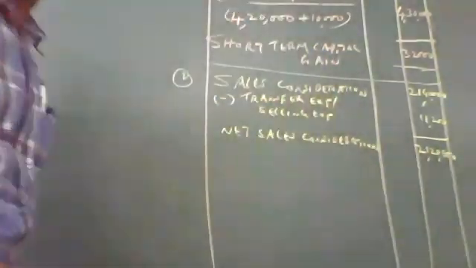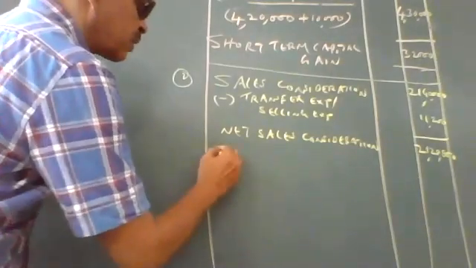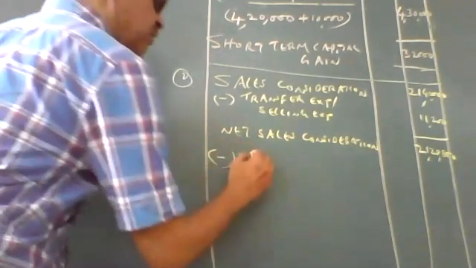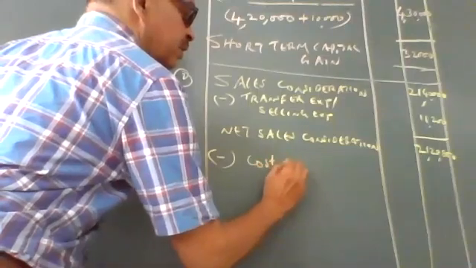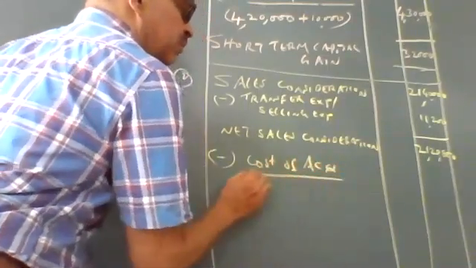Then again, less one. Again, you need to subtract what? Cost of acquisition. So cost of acquisition is nothing but